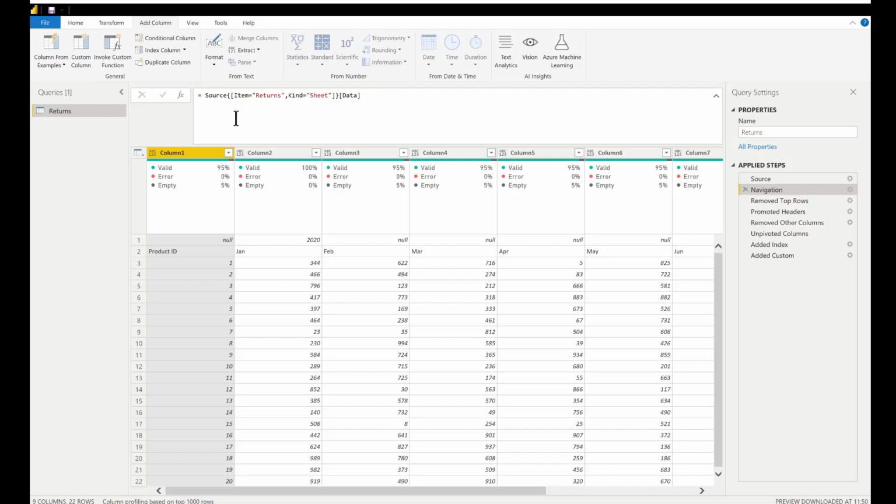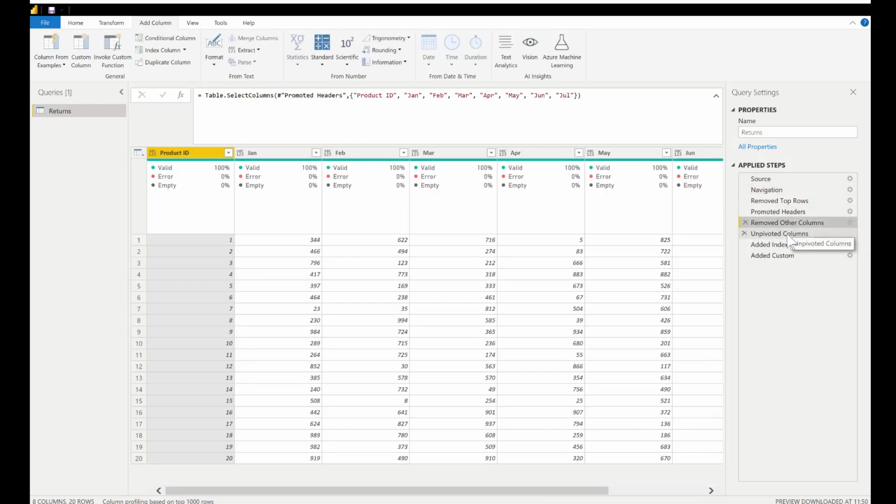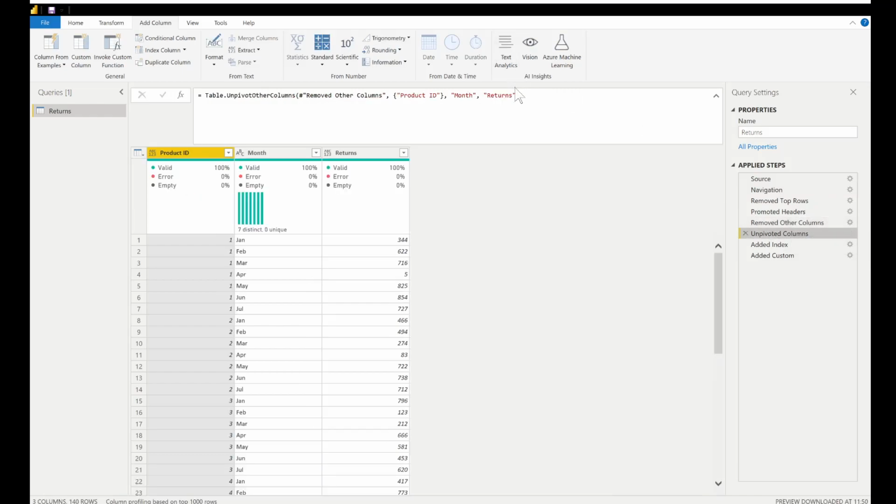Now stay tuned. In the next video, I'm going to show you how to make this a little bit more dynamic, because as you can see right here, it's literally hard coding some values, which is not optimal in every case. So if you're curious about M and how you can make your Power Query work even more reusable, well,